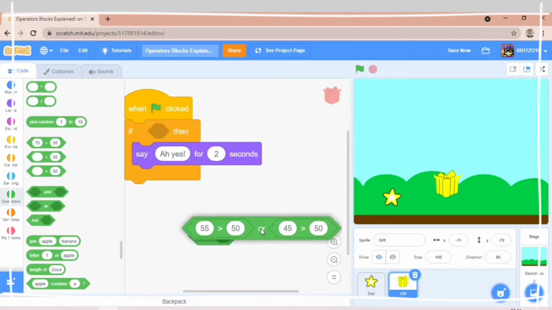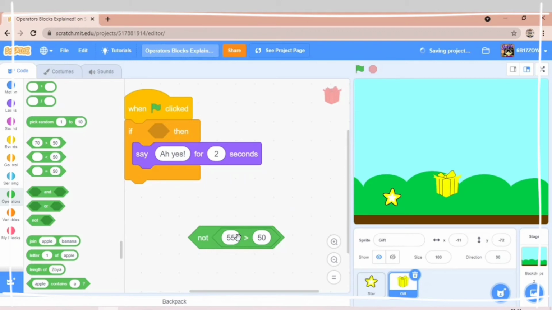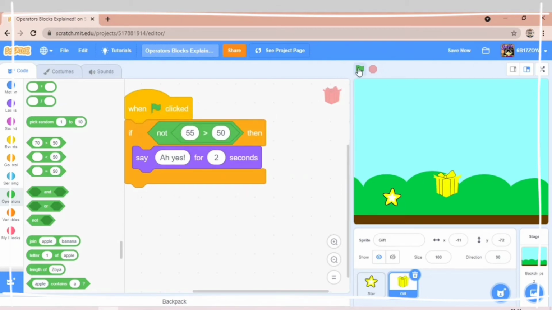Now NOT is something which isn't done. Like if 55 is not greater than 50 but it is, then it won't do that thing. I'll put it over here. Because 55 is greater than 50, it won't do the code.